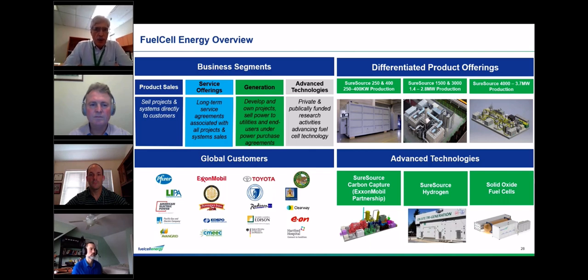There's the use of carbonate fuel cells for carbon capture, work we're doing with ExxonMobil and that we've been doing with DOE. And that's what I'll be focusing on today. We also are developing a product that produces hydrogen in addition to electricity based on the carbonate fuel cell. And we're also doing development work on solid oxide fuel cells, another type of high temperature fuel cell for power generation and things like electrolysis and energy storage. So if you go to the next slide,